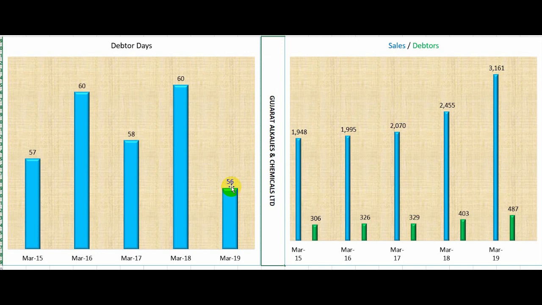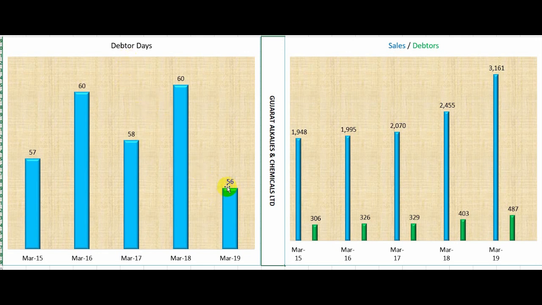I don't want the debtor days to exceed 90 days. That is, the collection period should not exceed 90 days, as that would again put pressure on the company's working capital requirement or daily requirement of capital. So it's better the company collects as fast as